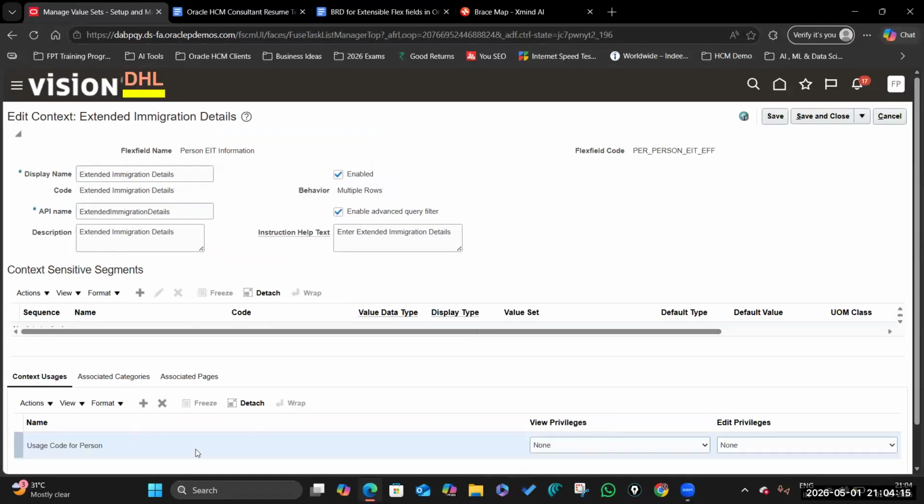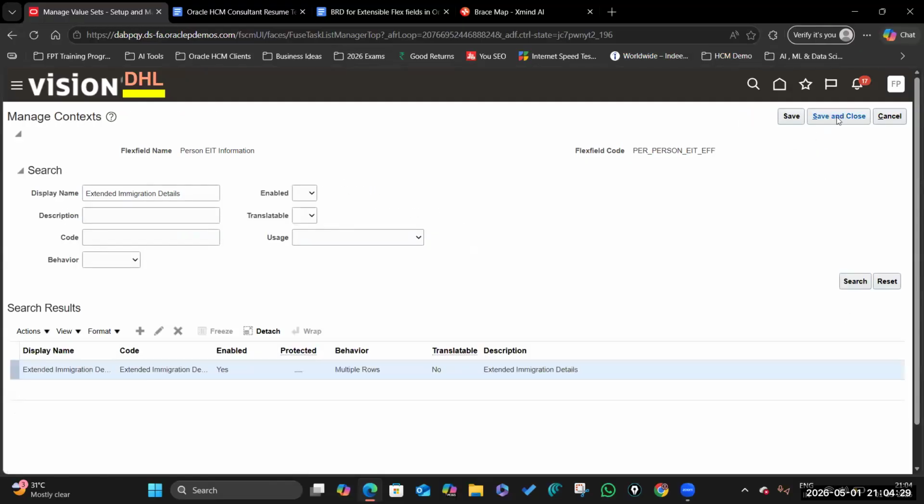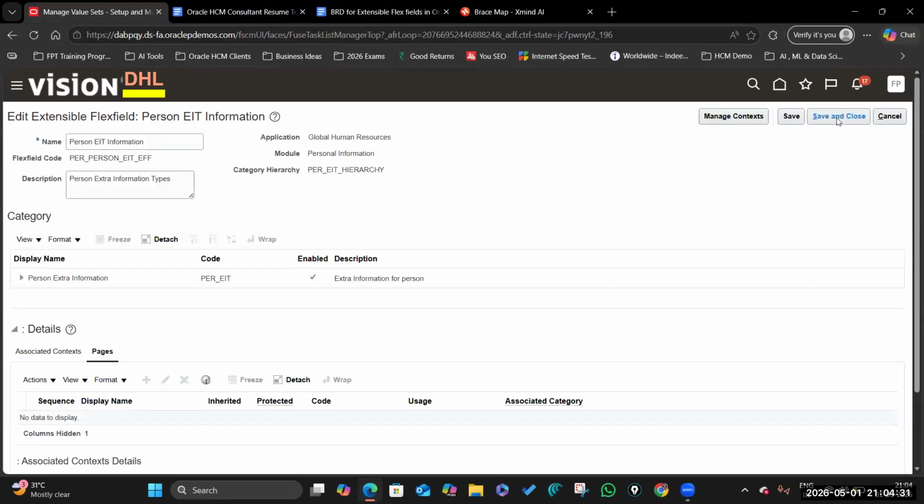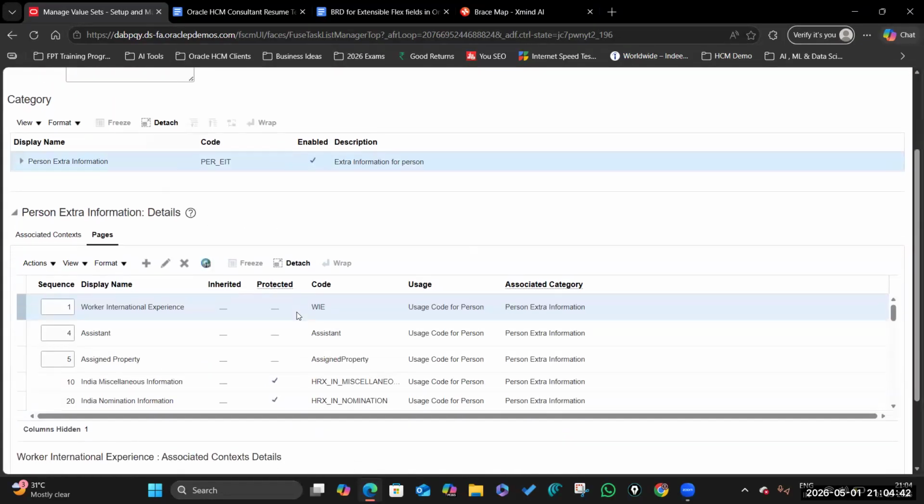Okay, so now I have created one context, extended immigration details. As of now, I have not added any segments. Let us see how it looks if you publish or deploy the flex field. I have not added any kind of columns. Okay, come here, come to personal information, click on associated